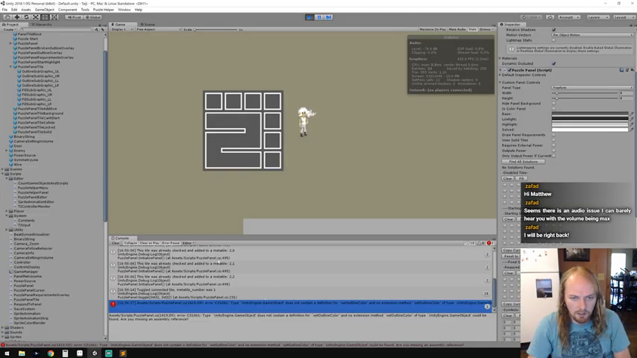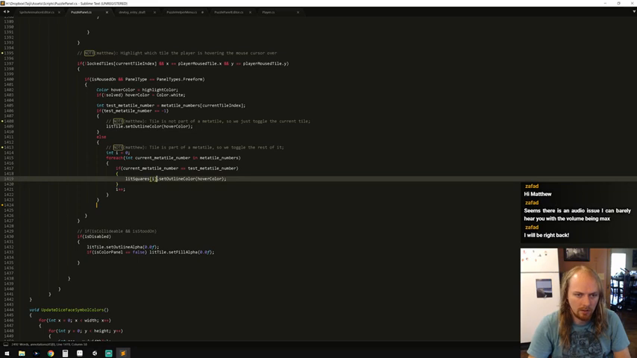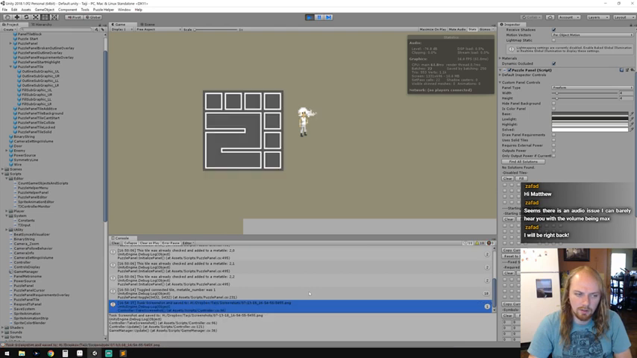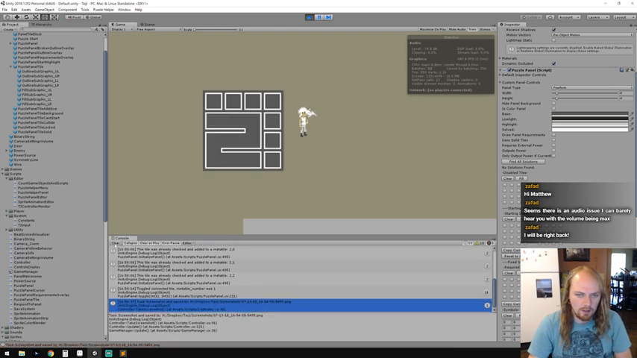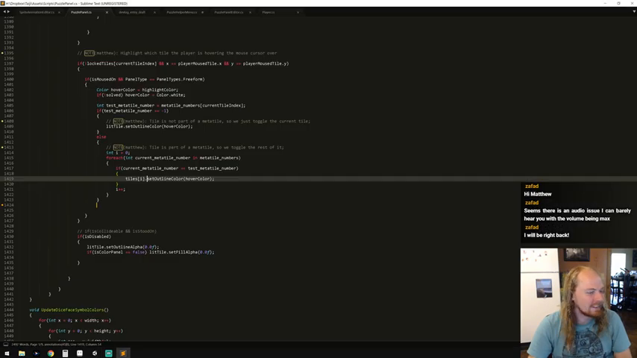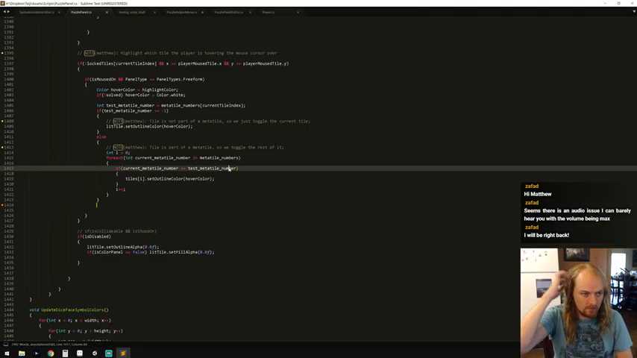I have no idea. Okay, it's a game object, so I need to do get component. I could probably do tiles. i dot set outline color. So I think tile actually stores a reference to the tile. Well, that's doing something, but it's not working. It's pretty weird. I think the issue